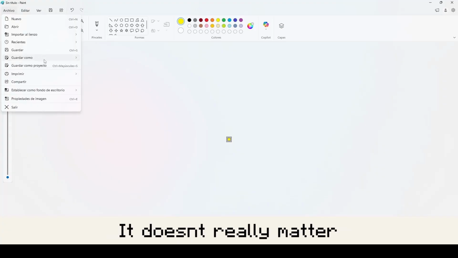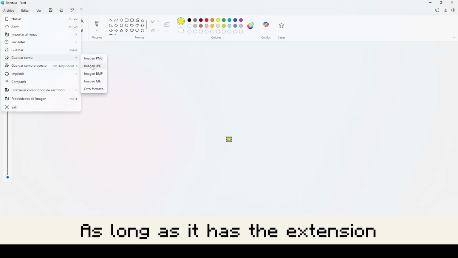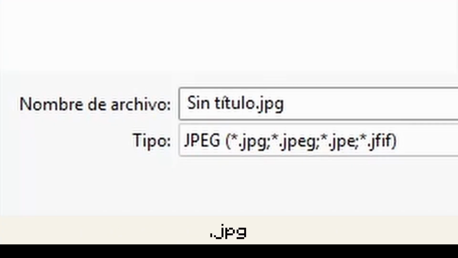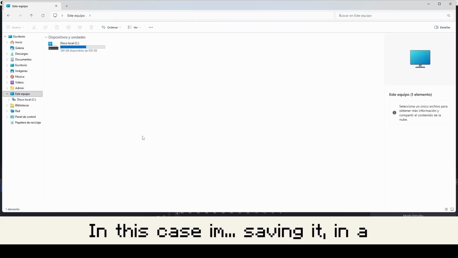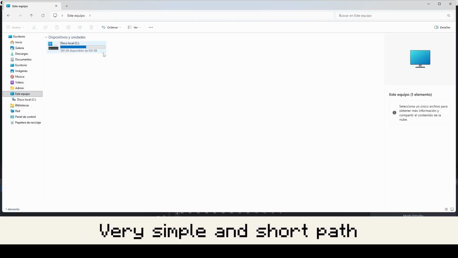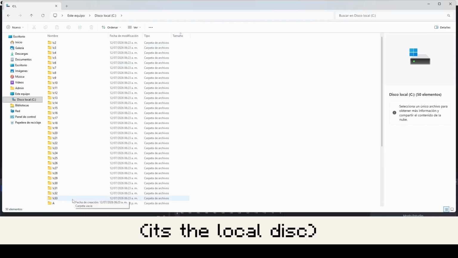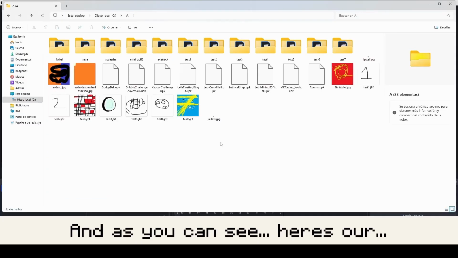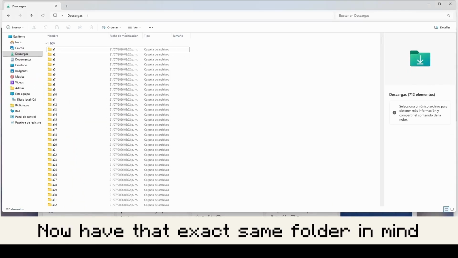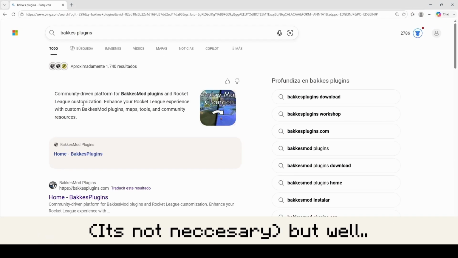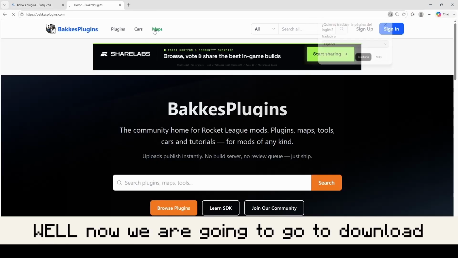It doesn't really matter as long as it has the termination of JPG. I think it's pronounced like that. In this case, I'm saving it in a very simple and short path. It's the local disk. And as you can see, here's our yellow pixel that we just saved. Now, having that exact same folder in mind is not necessary, but well,